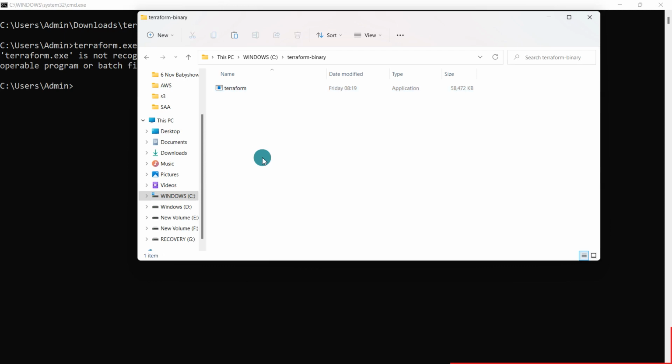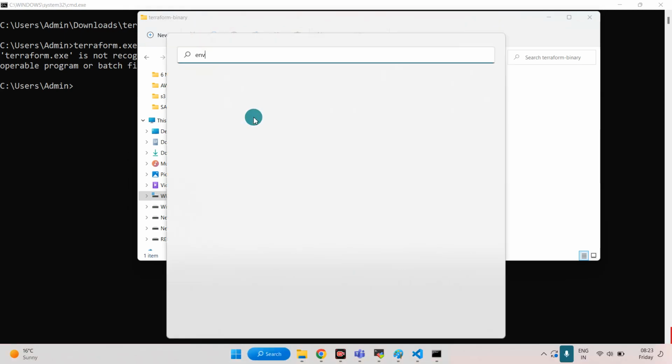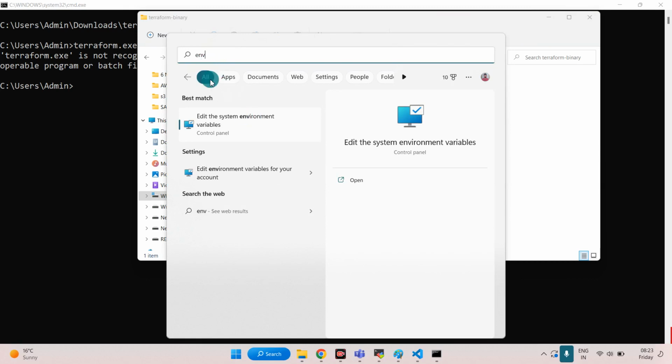Okay, so whatever the Terraform binary file you have copied, I have created a folder and just pasted it. So now get this location, C colon slash terraform binary, where we have this Terraform binary, and we have to add this within the environment variable. So just search env. Once you type env, you will get edit the system environment variables. Click on that,